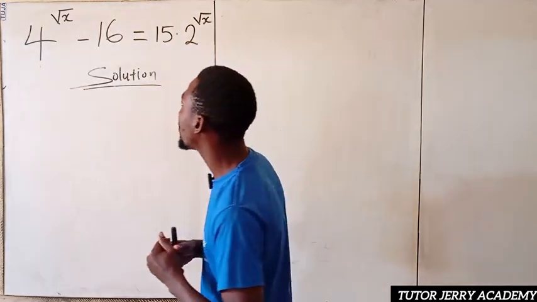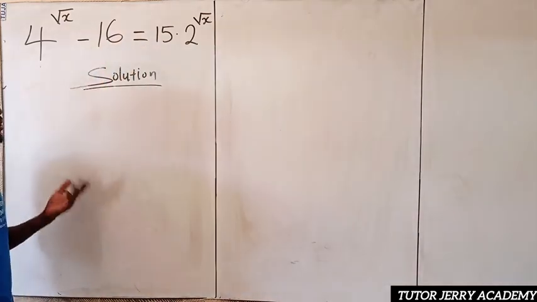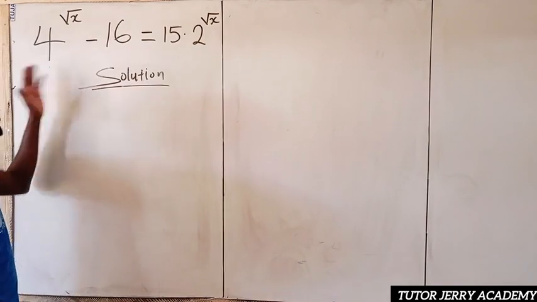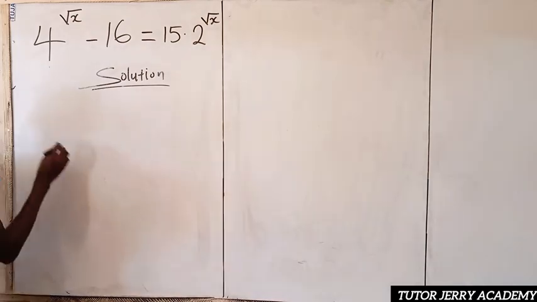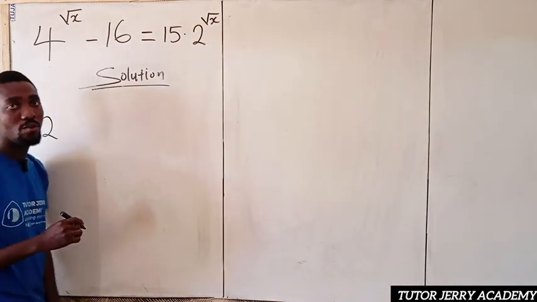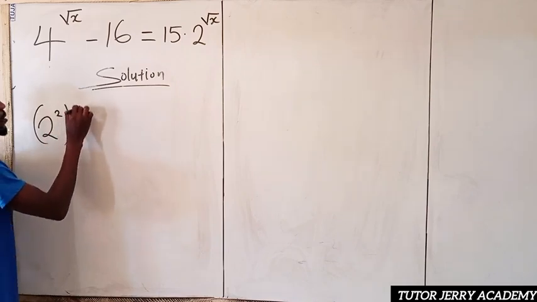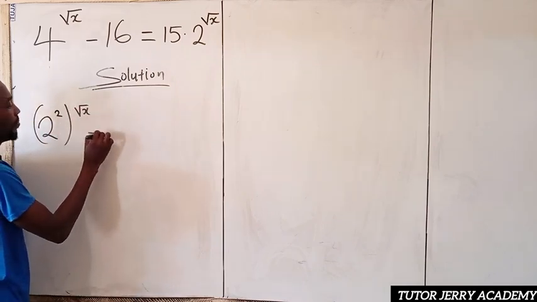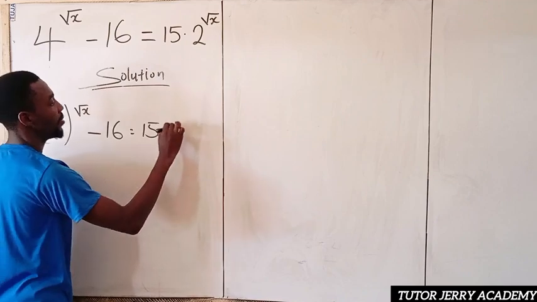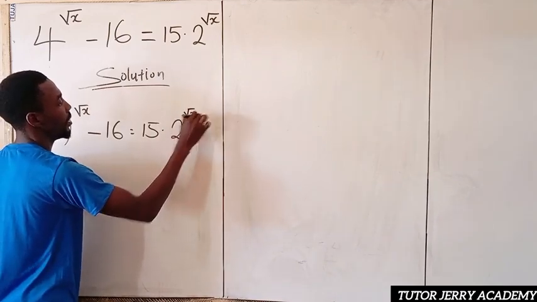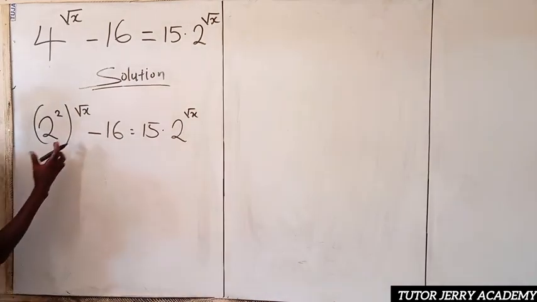Alright, the question is 4 to the power of root s minus 16 equals 15 multiplied by 2 to the power of what? Root s. This is very simple. The first thing we are going to do is replace our 4 here with 2 to the power of 2. So we are going to have 2 to the power of 2 into root s, minus 16, equals 15 multiplied by 2 to the power of root s. Now, the next thing we are going to do, we know from the law of indices,